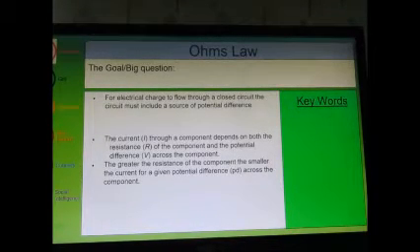Try again, year 9. Right, okay, this time we are looking at the relationship between the 3 different ideas that